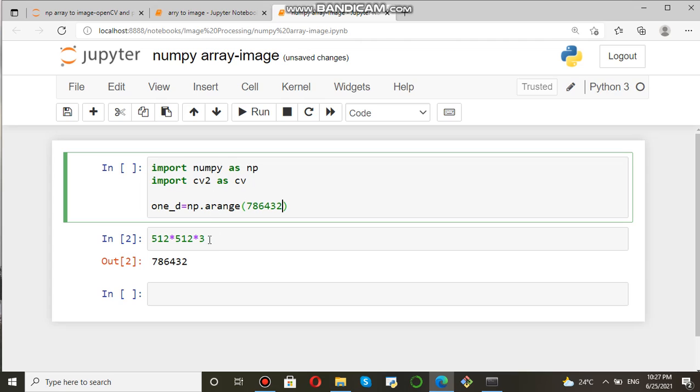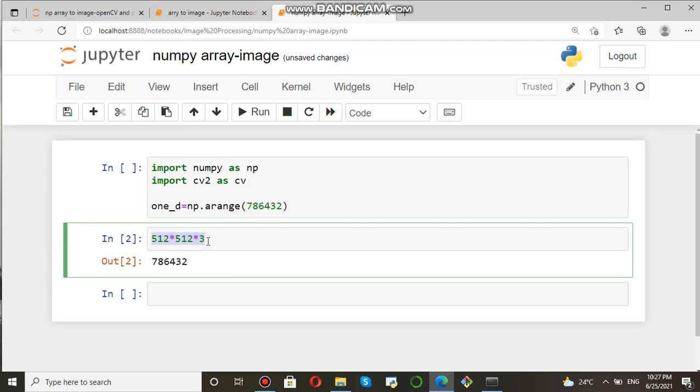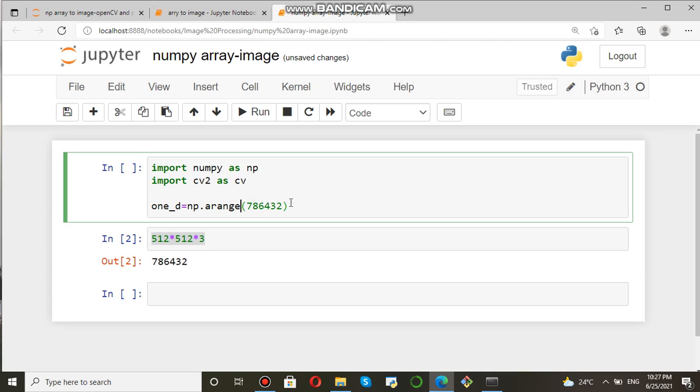Here I have multiplied because while reshaping we will break. We can also put inside the arange function 512 multiply by 512 and 3. The arange function takes a number and it will give you an array from 0 to n minus 1. Here dtype equal to np dot uint8.